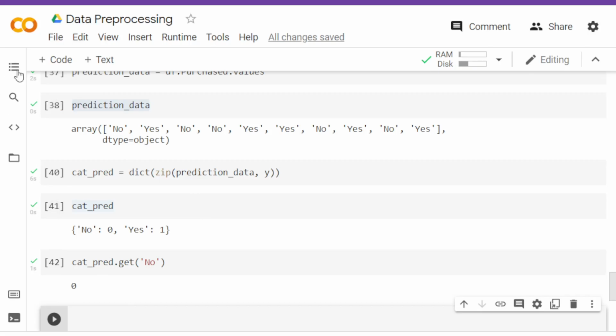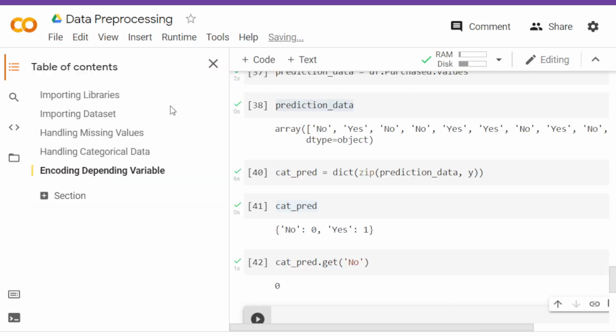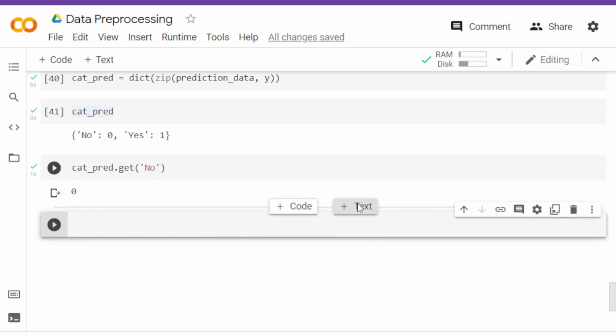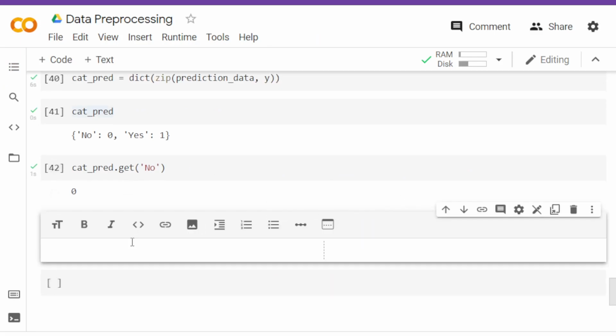So guys, let's see. Till now we have imported the libraries, imported the dataset, handled the missing values, handled the categorical data, and we have seen how we can handle the independent variables or the binary variables. Now guys, it's time to see how we can divide the data into training and testing data. So for that, let's create a new section right here. Let's name it